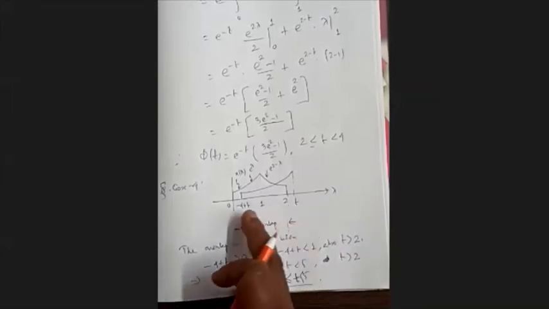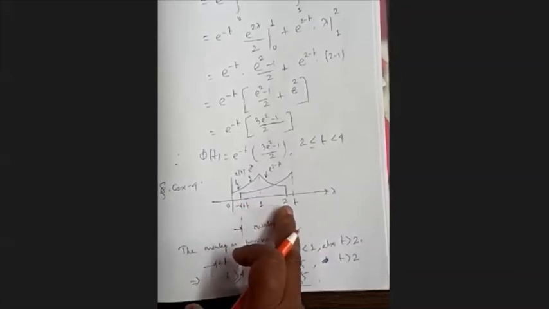So what about our integration? It is minus 4 plus t to 1. That is one part overlap. And then 1 to 2. Okay, so I do it in the next page, page number 5.